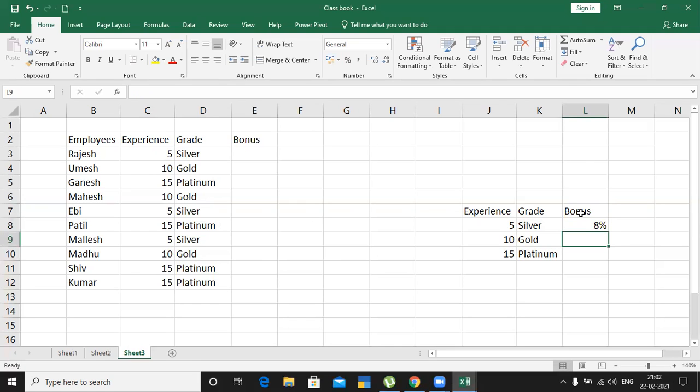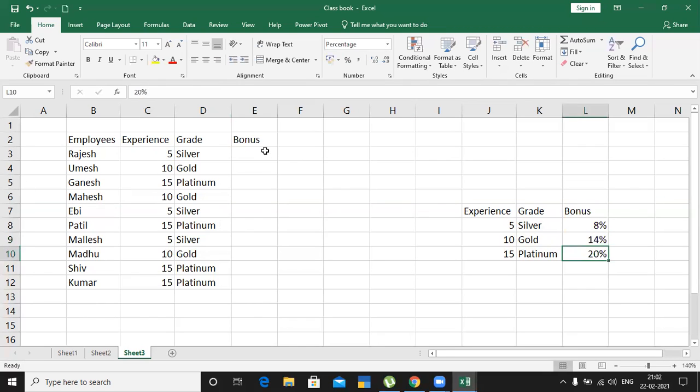Just allocate as it is, and for 10 here I'll take around 14%. Here I'll take 20%. So select and apply the percentage, and here also you apply the percentage.